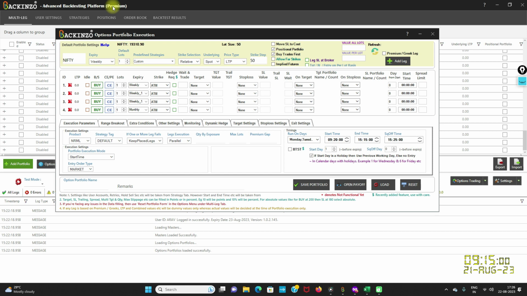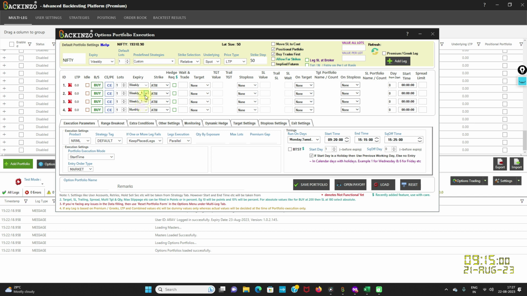Positional portfolio will execute from a start day as set by the user till a square off day as set by the user. But please note that the square off day will be decided based on the lowest expiry of the portfolio. What does that mean? Suppose your portfolio has four legs. As you can see, this portfolio has four legs, where leg 1 is with the weekly expiry